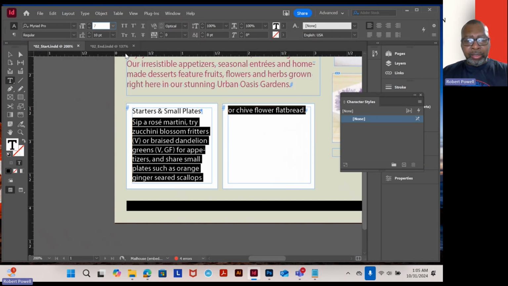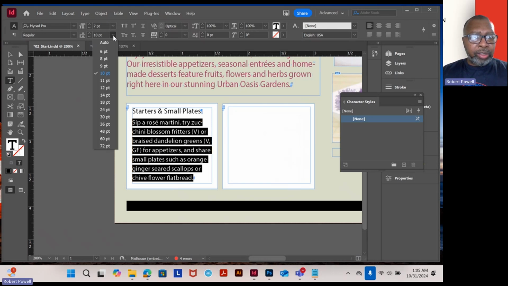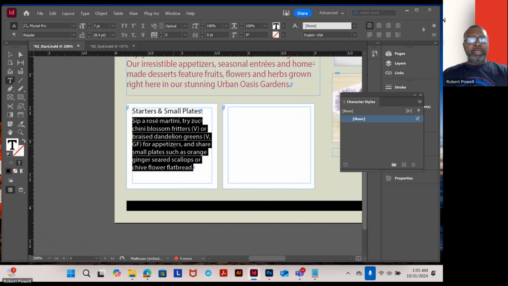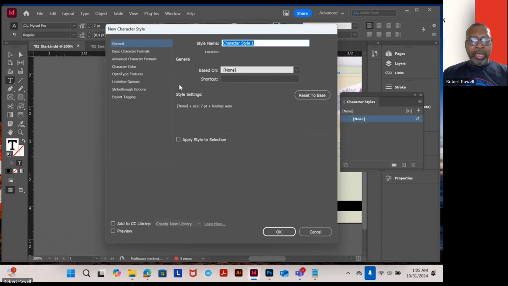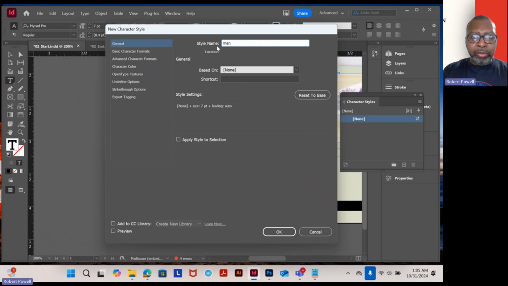7 points. Hit enter. I want this to be auto. Now, in order to make a character style, you can simply click on your character style, hit new character style, and we can name it menu text 1,